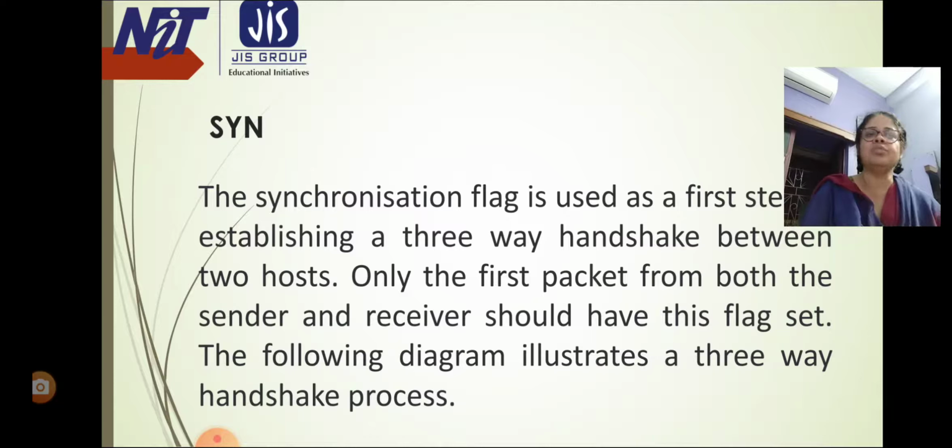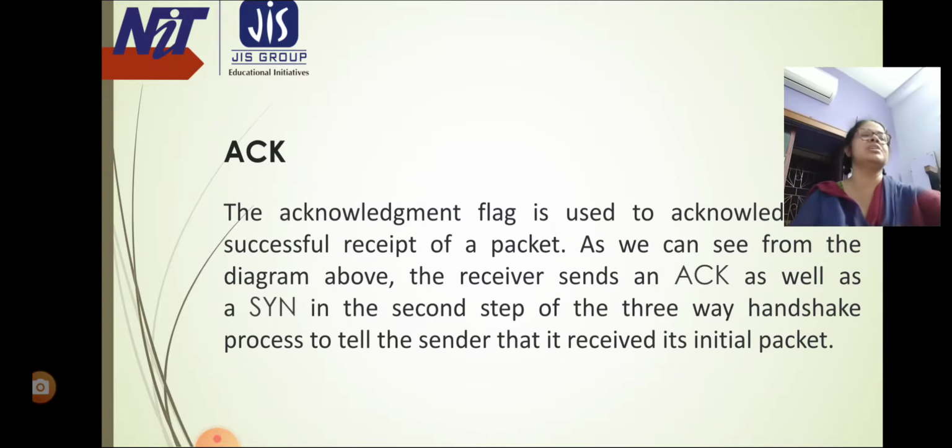Now this is the process of synchronization.